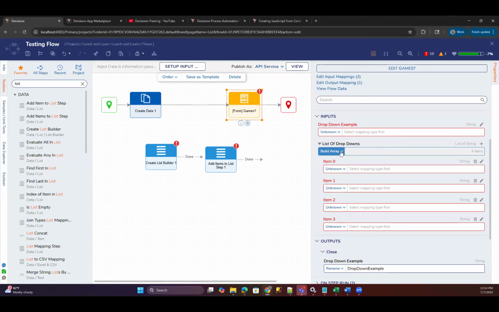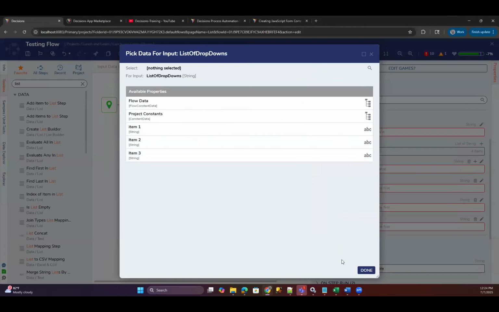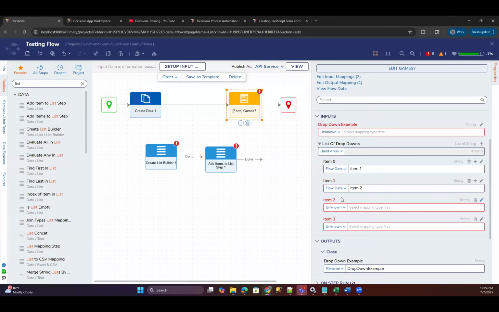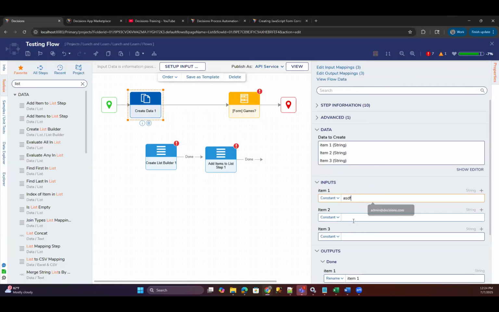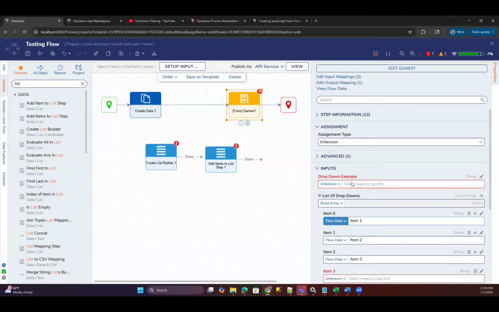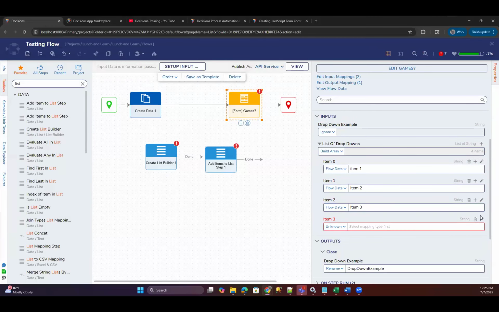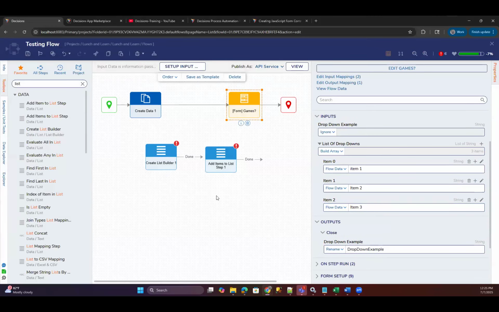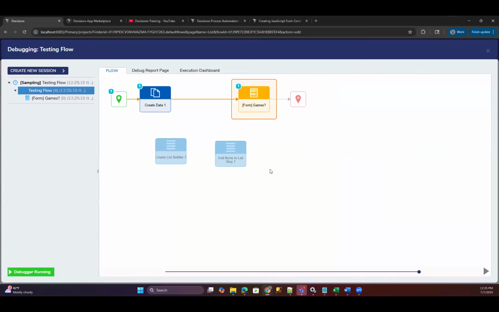You might even just be able to use build array on one thing and pass each of those items. So then I can grab the first one from item 1, the second one from item 2, and the third one from item 3, for example. And when I run this, let's put some dummy data in here, say someone fills out the first 2 items and doesn't fill out the last one. I don't need a selected item, and I can remove this last one, and then I run this.